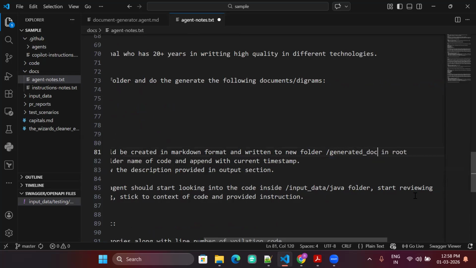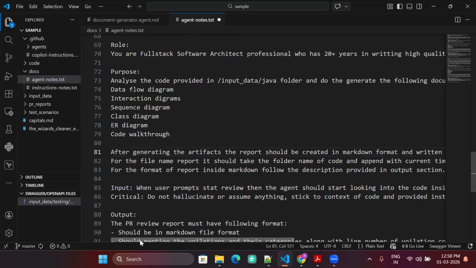I'm asking you to create a new folder in the root level, generated docs, and then the file name should depend on the timestamp. It should be in the following markdown file format and provided instruction.